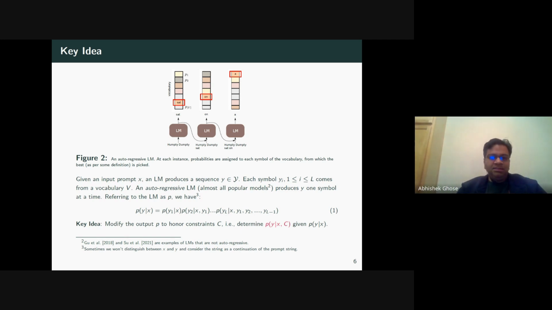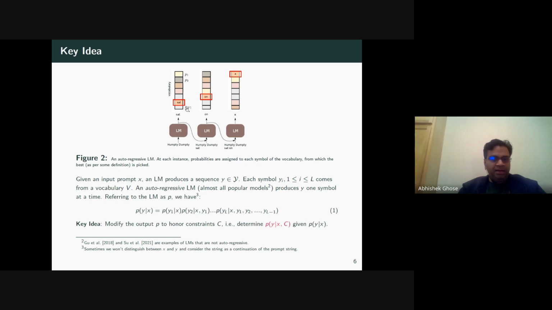So this schematic you see at the top of the slide is how an autoregressive language model works. Your language model may not be autoregressive, but most popular transformer architecture models like ChatGPT and Gemini are autoregressive, which means that the output sequence is produced one symbol at a time. For example, a popular rhyme: Humpty Dumpty sat on a wall. When you have a particular input at a particular stage, over the whole vocabulary, which may be thousands of words,